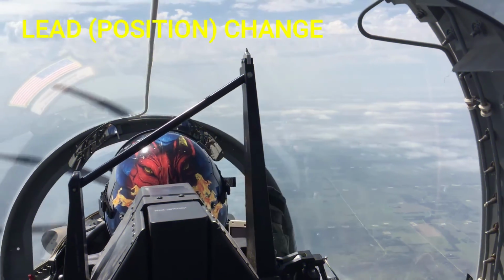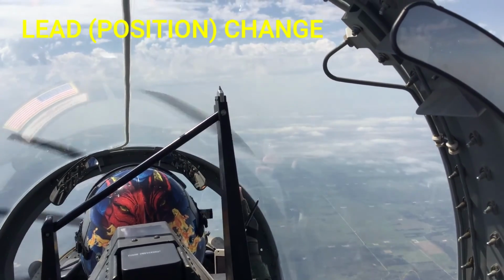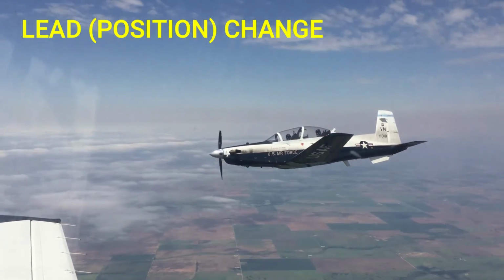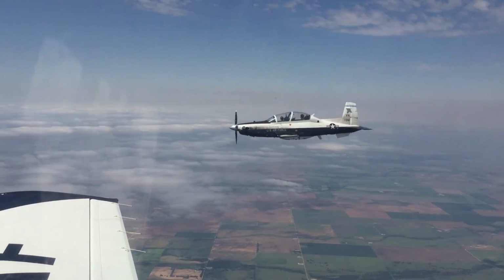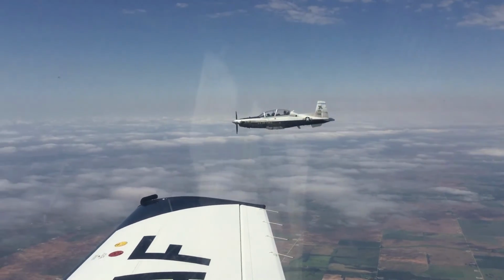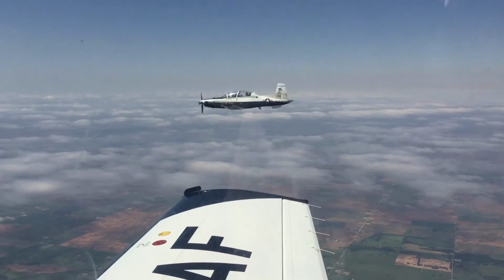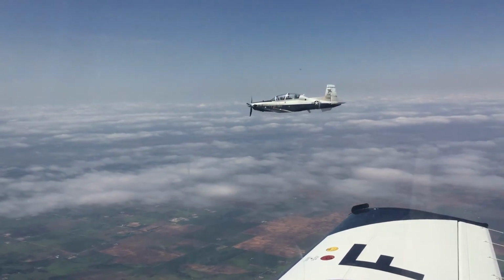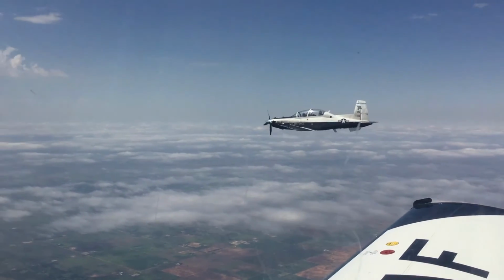About halfway through the sortie, number 1 and number 2 exchange formation positions. This is known as a lead or position change. Lead changes can be made with the formation in many flight attitudes. Number 1 will call or signal for the lead change. If in fingertip, number 2 will move out to root, then assume a root position near line abreast and approximately